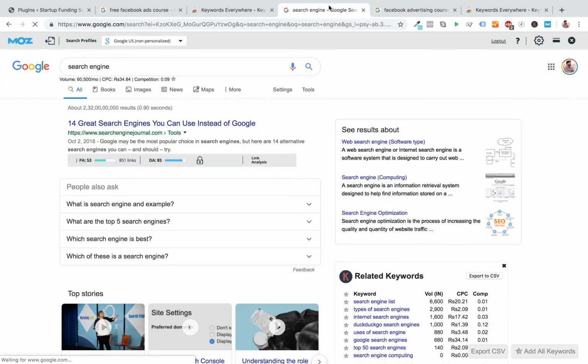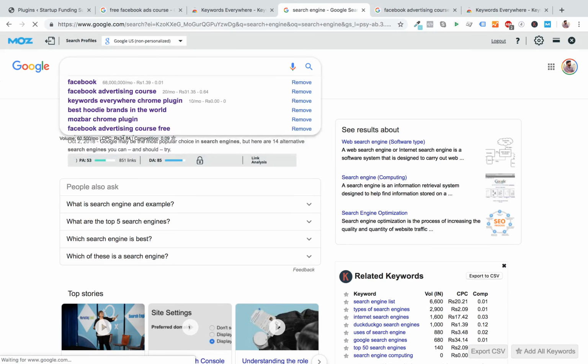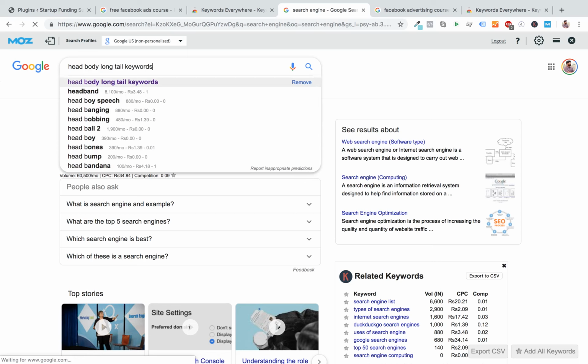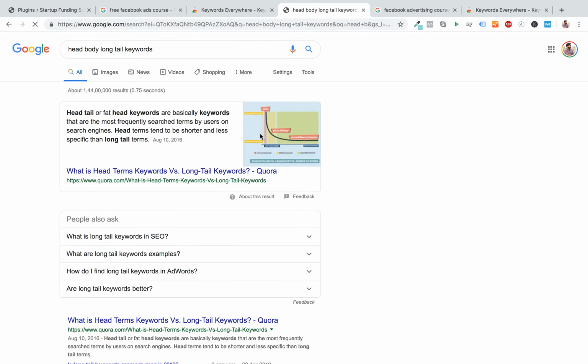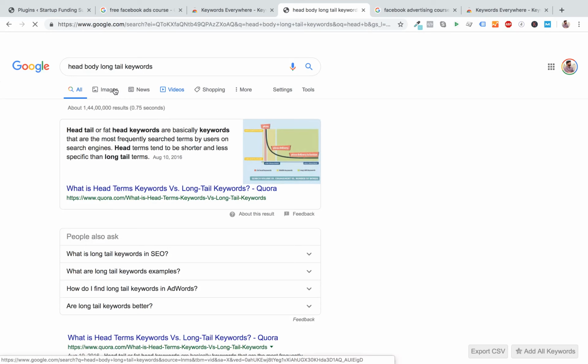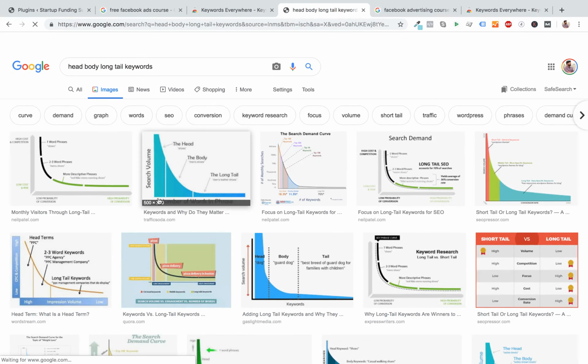Actually, before we go into keyword research completely, I want to show a concept: there are three kinds of keywords called the head, body, and long tail keywords. So the idea is basically this. Head keyword is basically the category keyword, right?